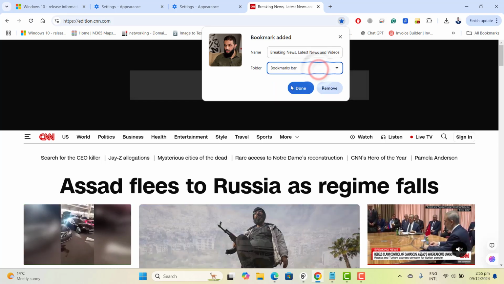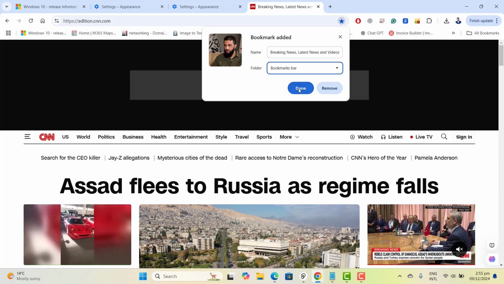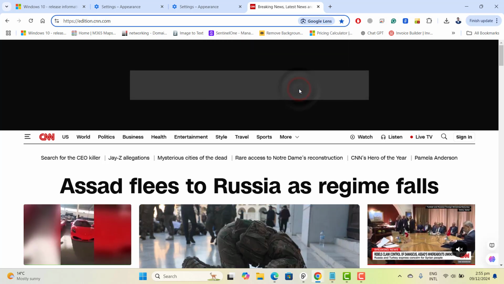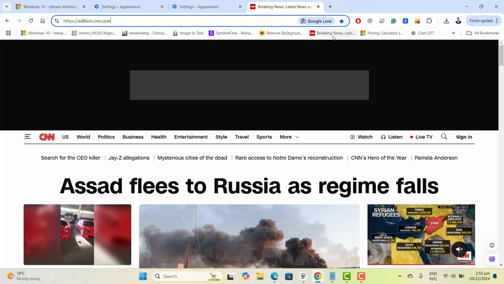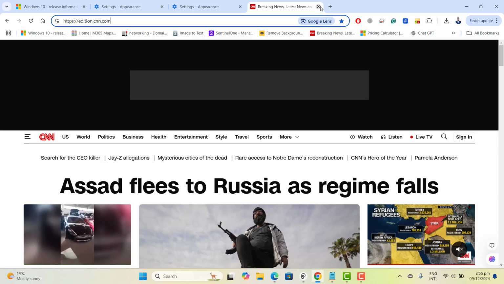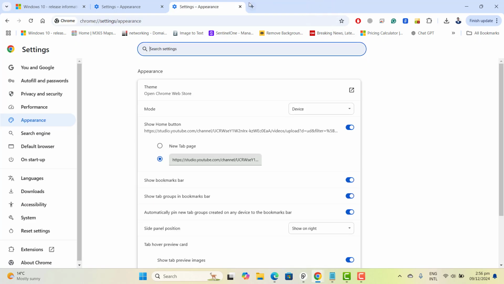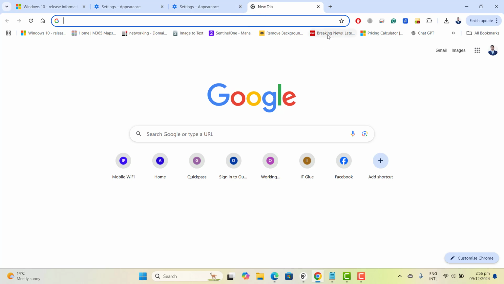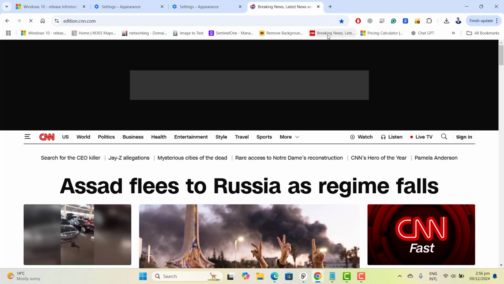And I want to bookmark it on the bookmark bar. And let's go ahead and click on done. This bookmarks the CNN page on my Chrome browser. So let's close the page. Let's go to a new tab and I want to get that page again with one single click. Let's click on it and I am back at